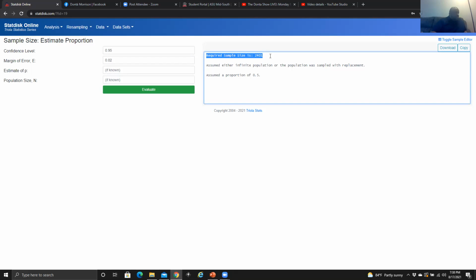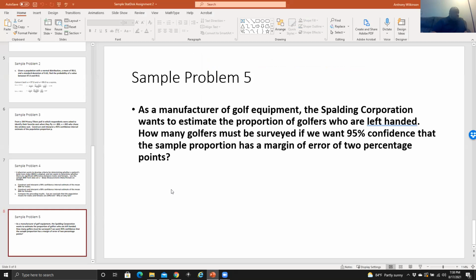2,401. So to answer that particular question, if we go back to this slide, the number of golfers that must be surveyed if we want to be 95% confident that the sample proportion has a margin of error of 2 percentage points, we need to survey 2,401 golfers. Okay, so this is how we use StatDisk